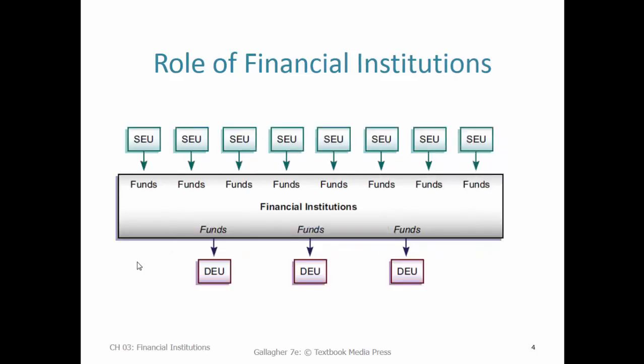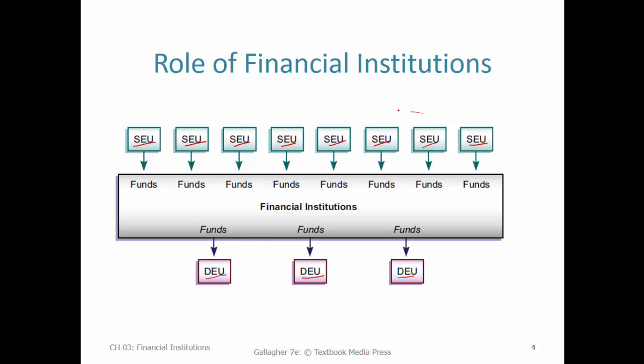So what a bank will do, and this chart illustrates, is collect funds from many surplus units. That's what the SEUs up here are. There could be thousands or millions of depositors putting in relatively small batches of funds, a few thousand or $10,000 each. And then the deficit economic units over here that are borrowing could be borrowing hundreds of thousands or millions of dollars each. So that's what the financial institution is doing.